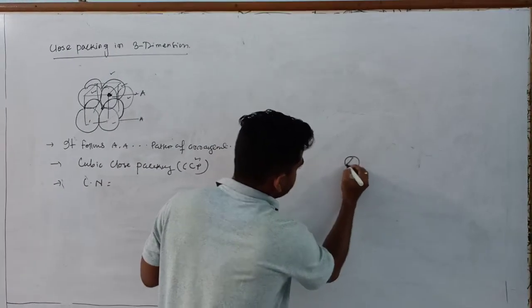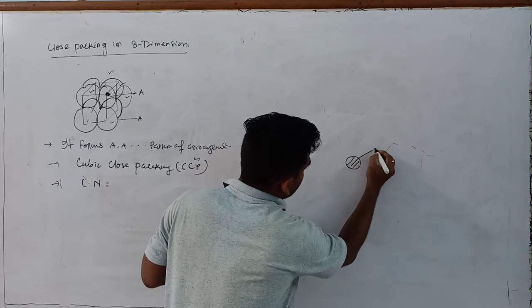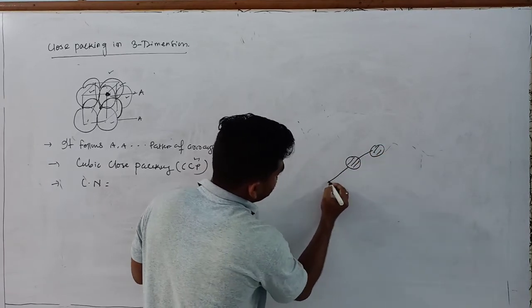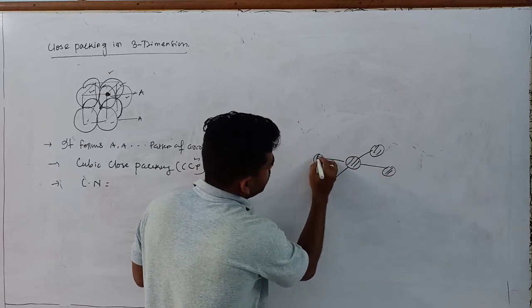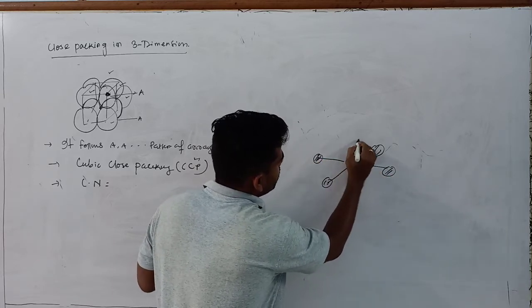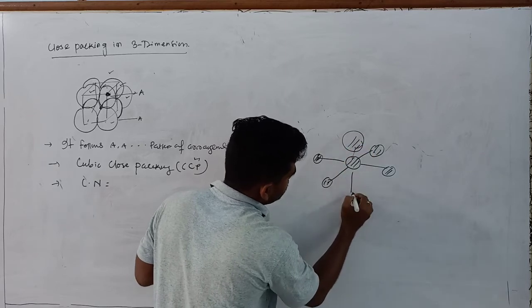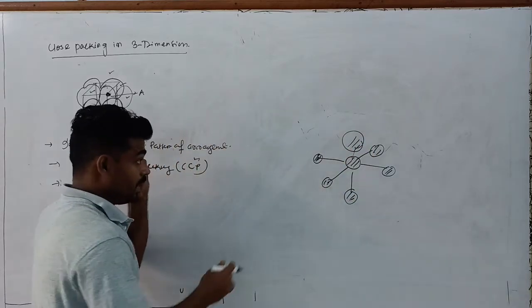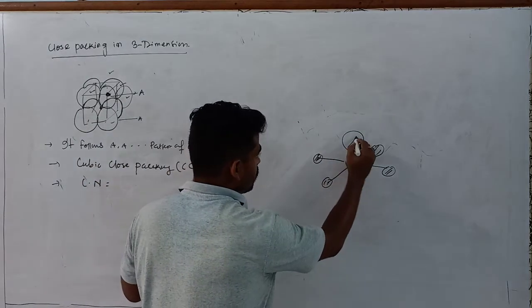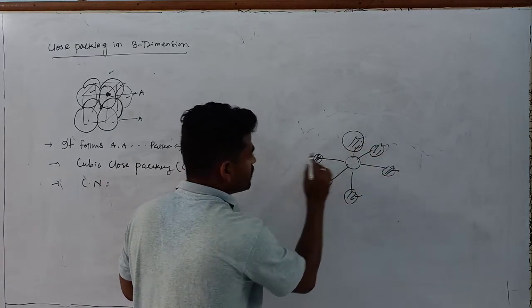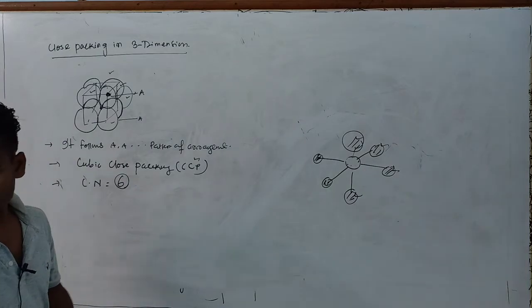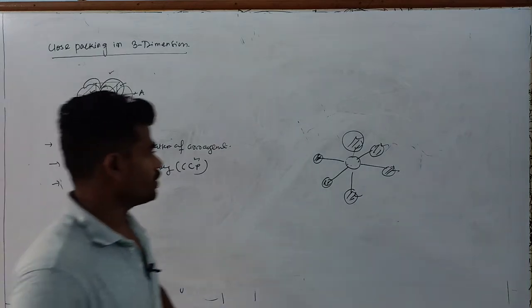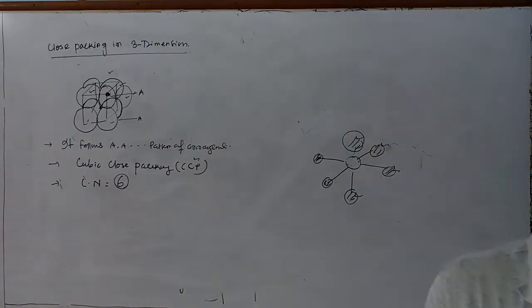Here if the target sphere is like this, another sphere is connected to back side, and this one is towards the front side, this one is at the side, and this one is at the side. So 4, and another is above and another one is below. So if I target this one, number of touching spheres will be 1, 2, 3, 4, 5, 6. So coordination number over here is 6. That clear?